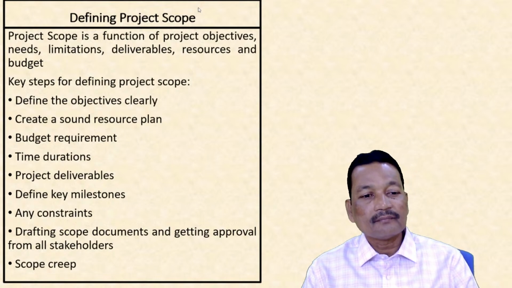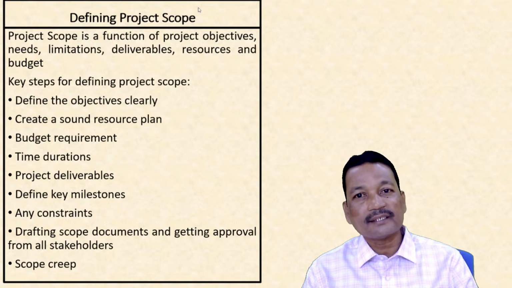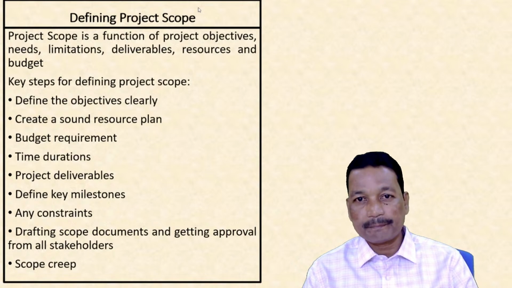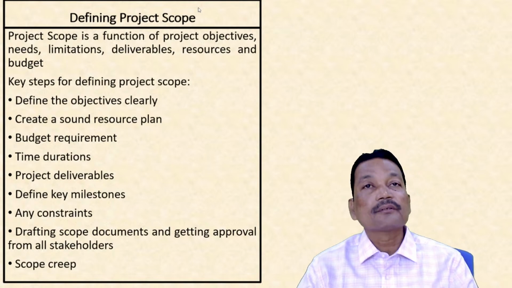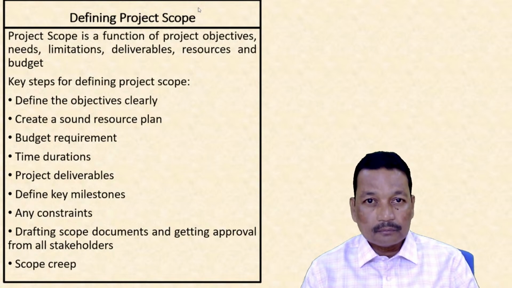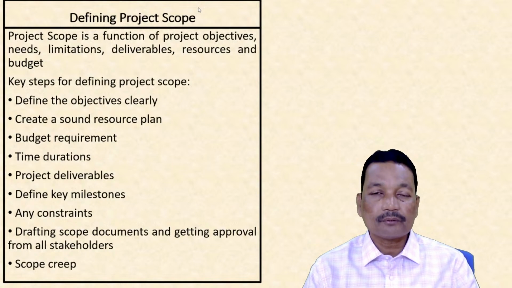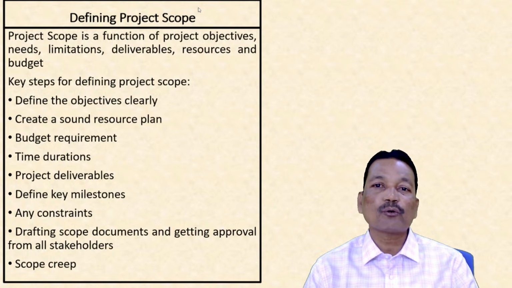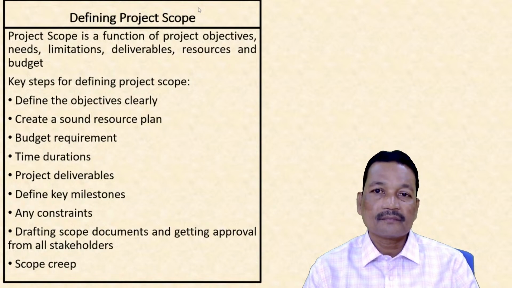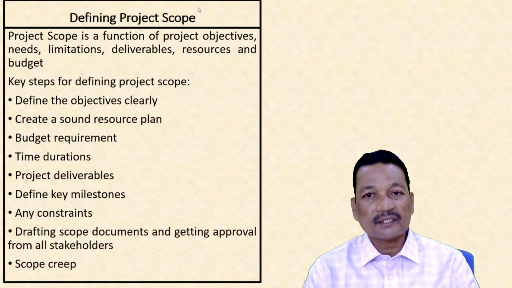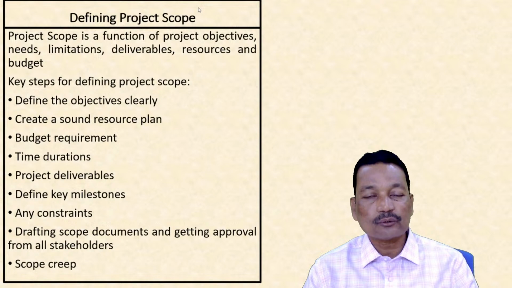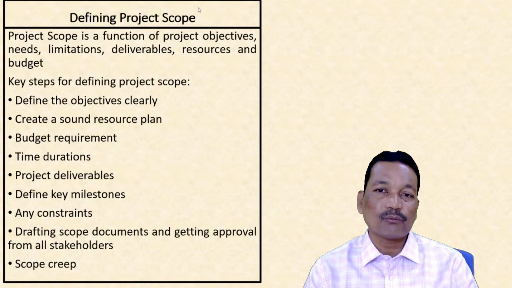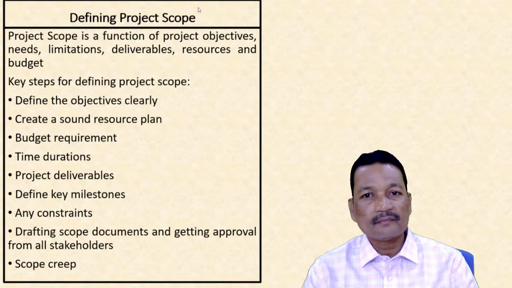Now lastly, we also have a certain thing called scope creep. What do we mean by that? Now suppose, in the previous classes we were discussing the metro rail project at Bhubaneswar. Now it is at a planning stage and it is going to be implemented as soon as possible. That means the actual work will start. However,